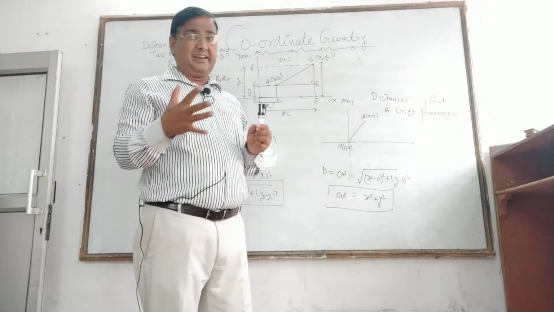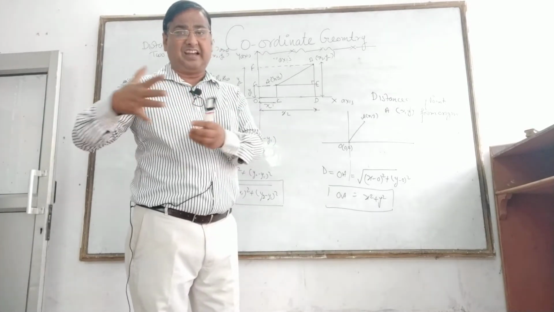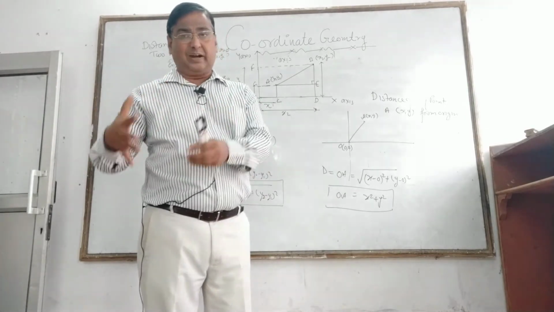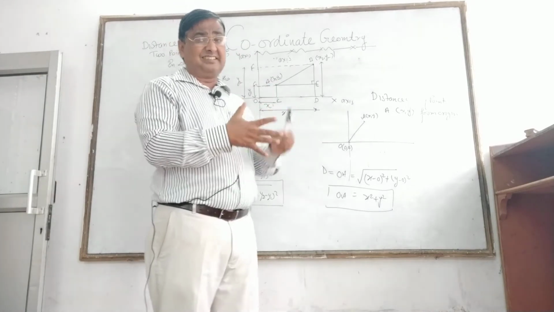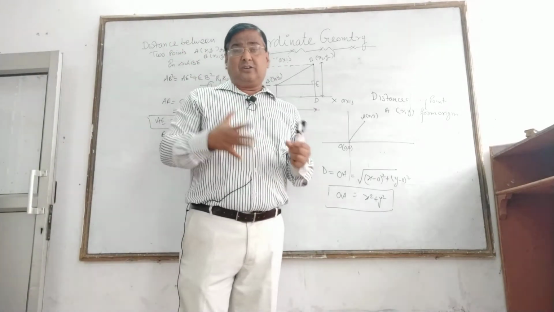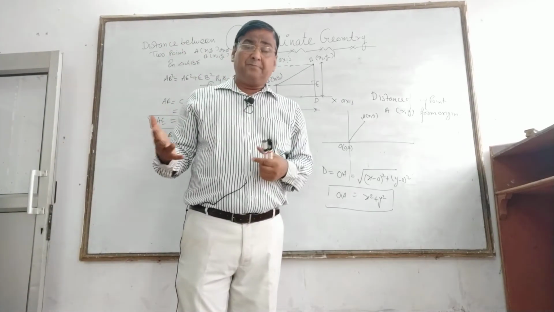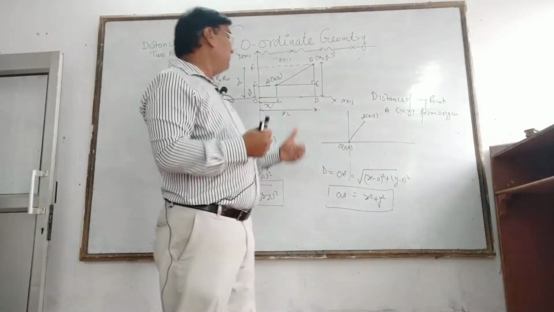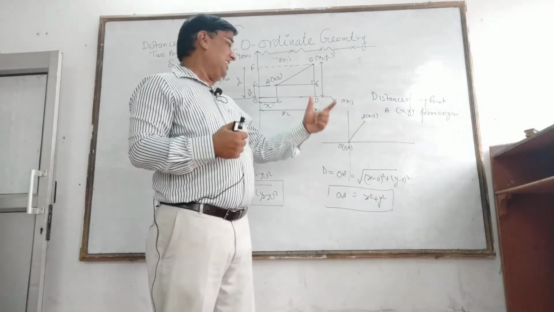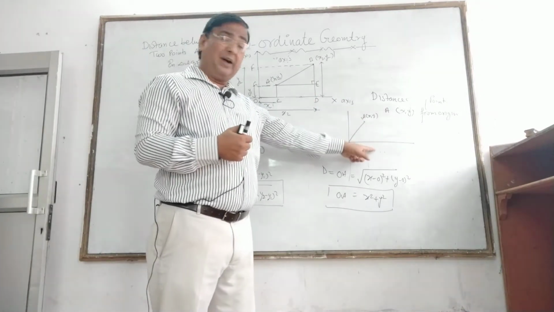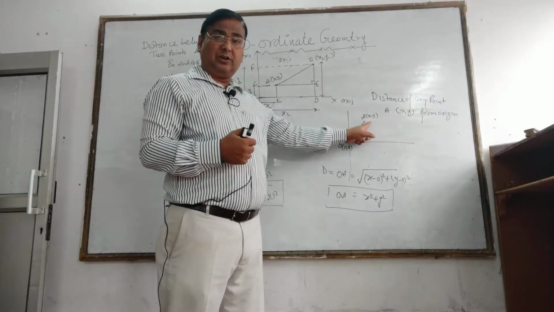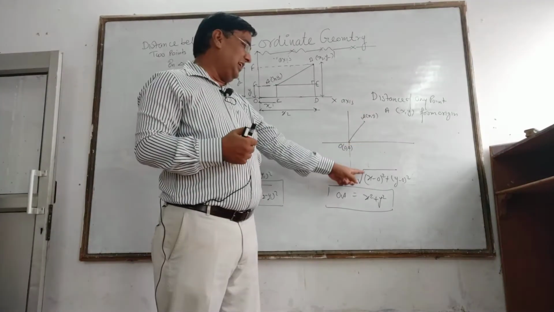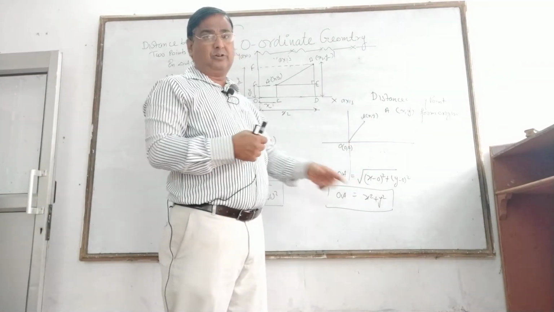So the ordered pair will be in the form of abscissa and ordinate, x coordinate and y coordinate. On the y-axis the x coordinate will be 0 and the y coordinate will be y, so (0, y) is the point on the y-axis. And if the point is in the plane between the x and y axes, you will locate it as (x, y), and you can find its distance with the help of the Pythagoras theorem.